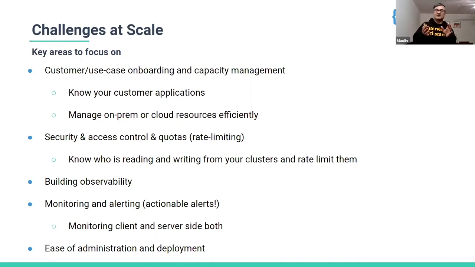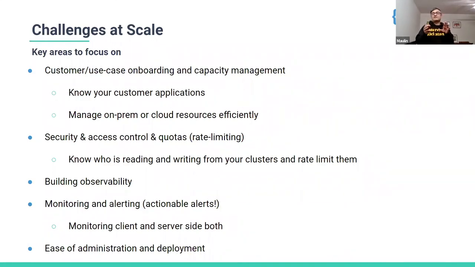Sometimes the use cases are not even a fit for Kafka, and that doesn't work well for customers. Then another most important aspect is you need to be able to control who reads and writes from your clusters and rate limit them.